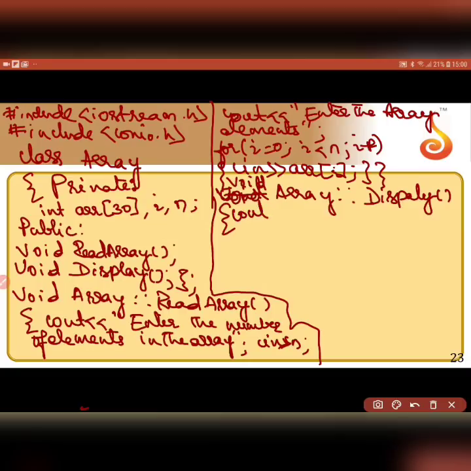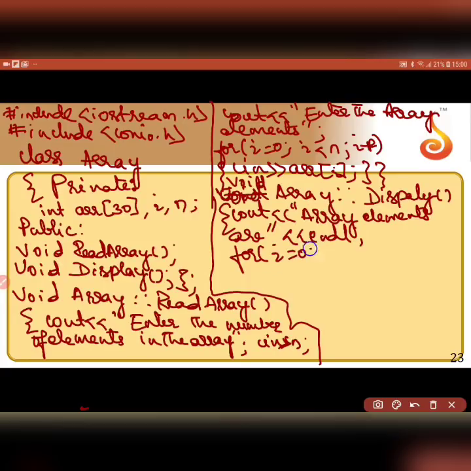So cout array elements are, for i plus plus, cout ARR of i, and this is the end of my function.